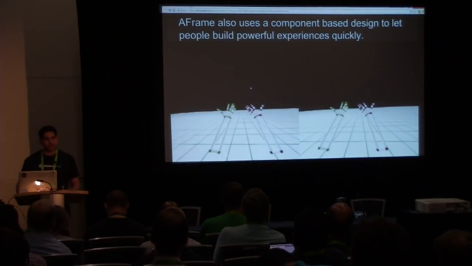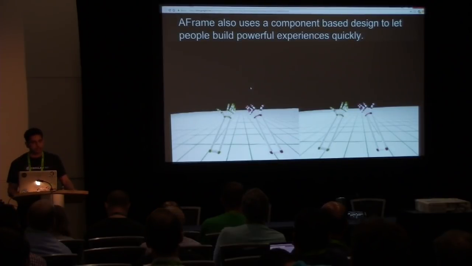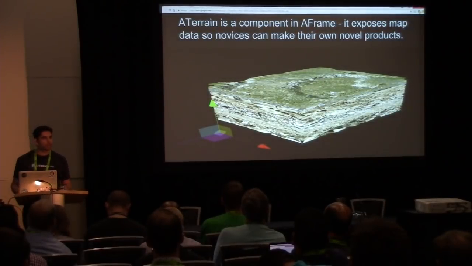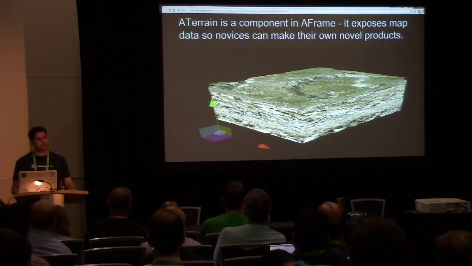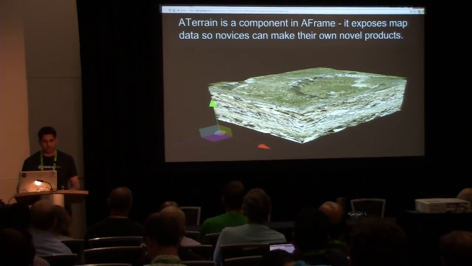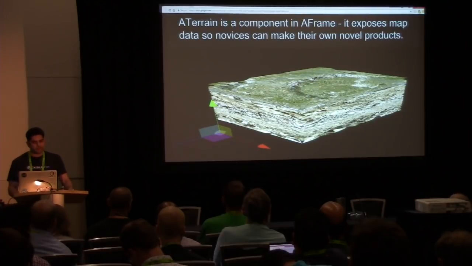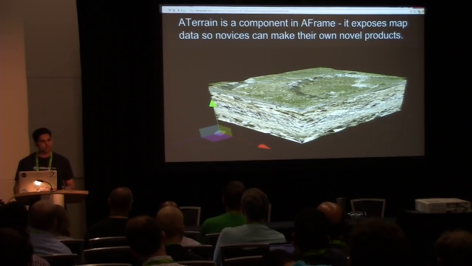So A-Frame also allows plugin components that can be used to extend A-Frame's inbuilt capability. This allows you to provide new experiences. So A-Terrain was one of these components that was created by Mozilla, and this was created in order to provide geospatial data into A-Frame. So A-Terrain can access terrain, imagery, 3D buildings, GLTF models, and put those in virtual geospatial